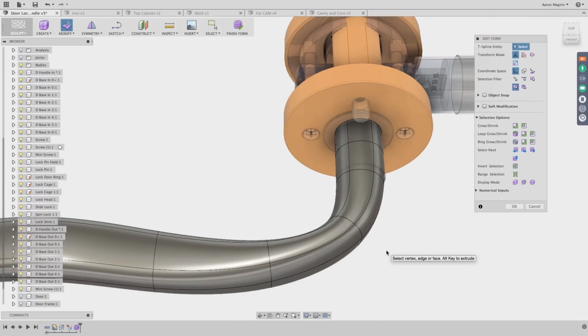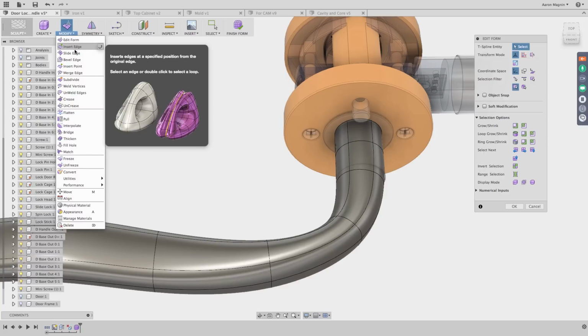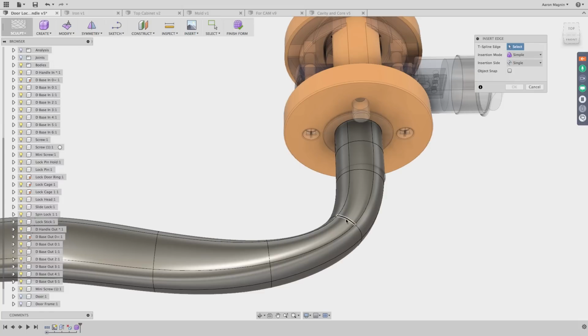Like I say, keep it simple when you can, but add complexity as needed. So in this case, I do want to add some complexity. So I'm going to go to my Modify dropdown, and I'm going to find Insert Edge. You'll also see there's things like Slide Edge, Bevel Edge, Insert Point. Insert Edge is the one I'm looking for though, and maybe I'll just select this loop, just double click on